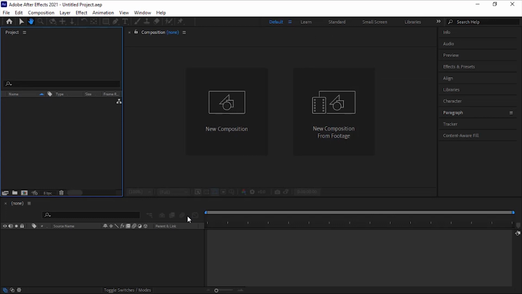For example, still images, moving images, video clips, audio files, Photoshop and Illustrator multi-layer files, other After Effects software projects, and projects created in Premiere software are some of the files in After Effects software. They are known as footage.